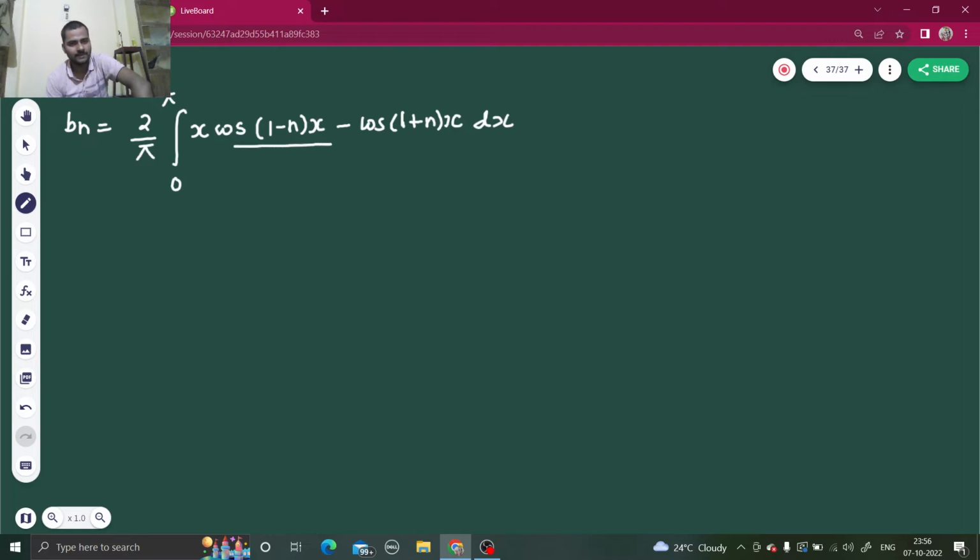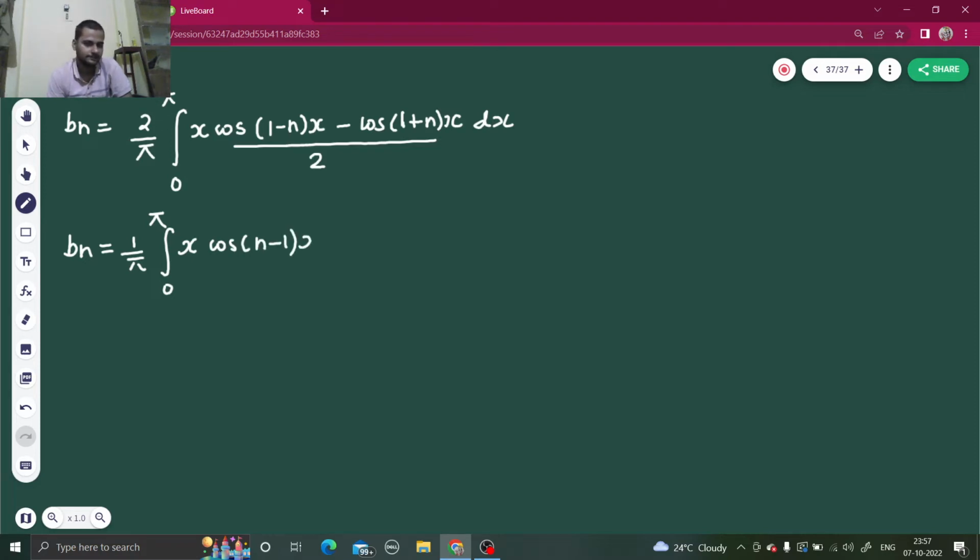And this whole divided by 2 also. So in the next step I am doing some changes. 2 comes out, so 2 and 2 get cancelled, so b_n is 1 by pi. Also I can separate these two terms, so 1 by pi integral 0 to pi. cos(1 minus n) is same as cos(n minus 1), because cos(minus theta) is cos theta only. So x cos(n minus 1)x,